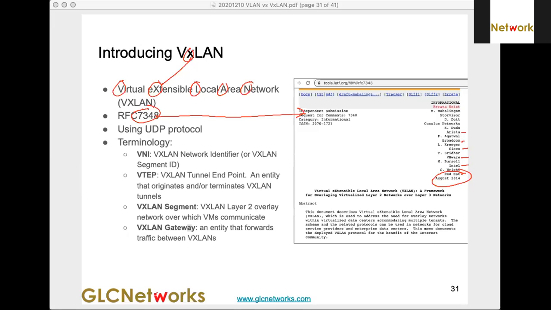They are the ones proposing, okay, let's do something new to accommodate our needs. Some terminologies are here. Every time we introduce a technology, we always introduce acronyms, right?